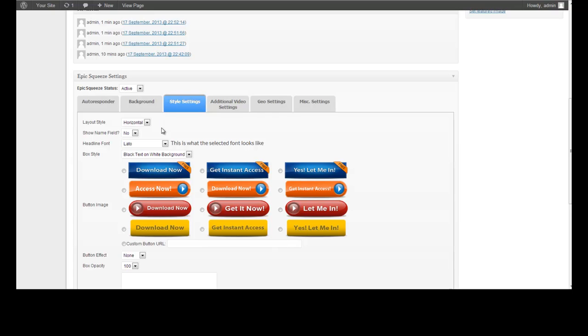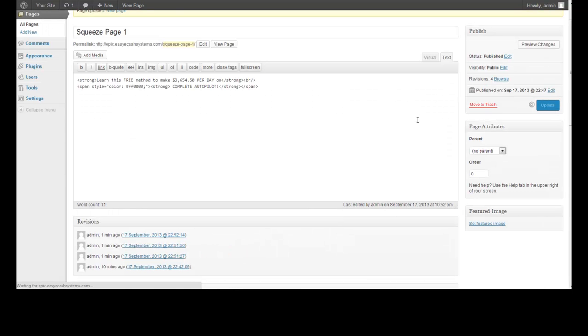And here you can choose a bunch of different options that'll change the style, the look of your squeeze page. Layout, you want it horizontal or vertical. I like to keep mine horizontal, but it's up to you. Show name field. This is if you want to capture your subscriber's name as well as their email. For this example, I'll show you what it looks like. Click yes, update,